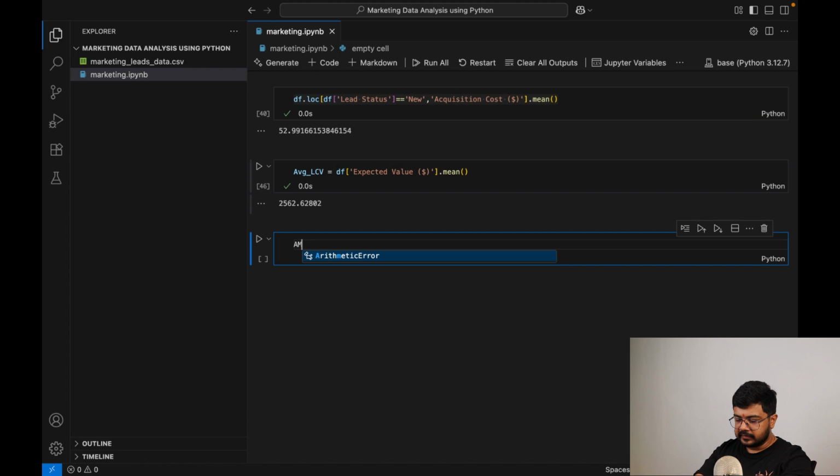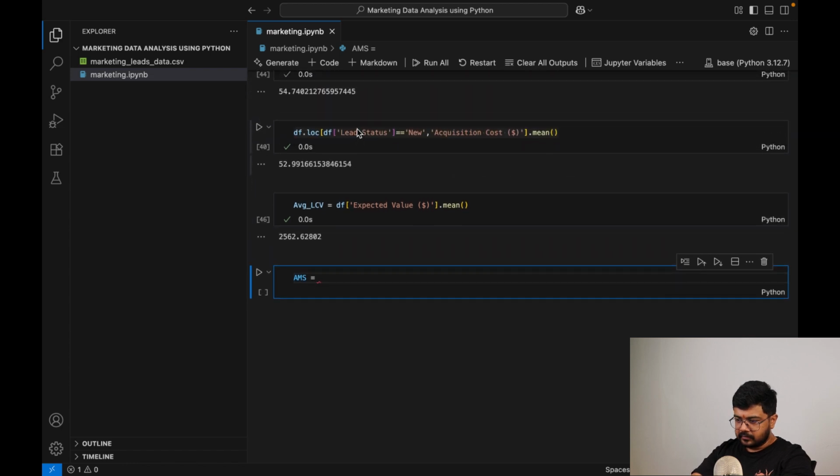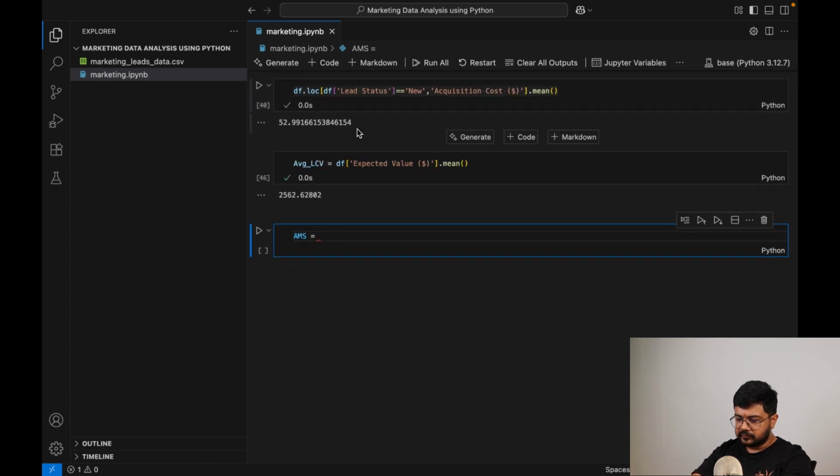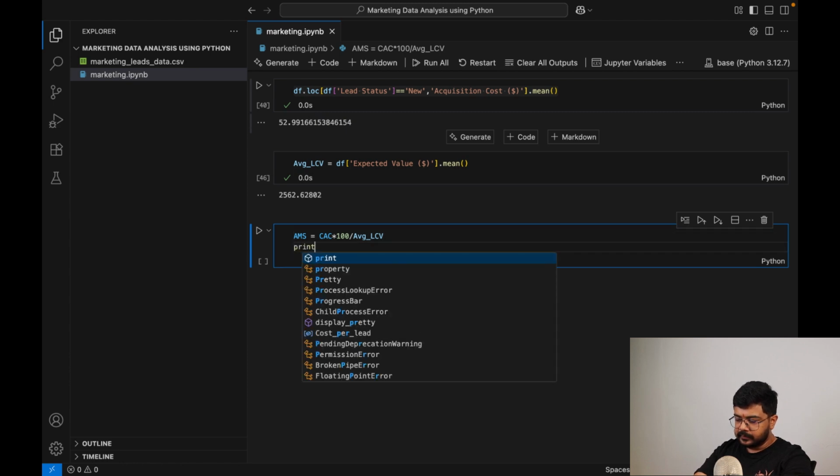So let me abbreviate it as AMS, and what I'll do is I'll write this as customer acquisition cost. So CAC multiplied by 100 divided by average LCV value. If I print AMS over here,